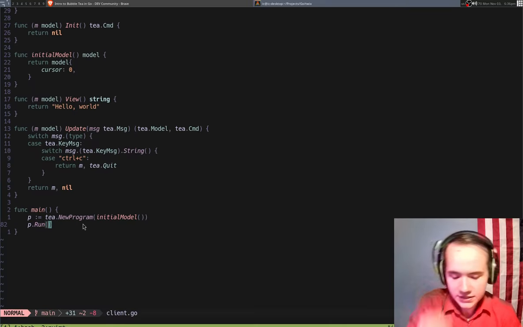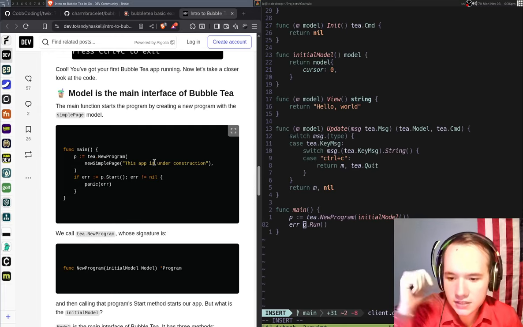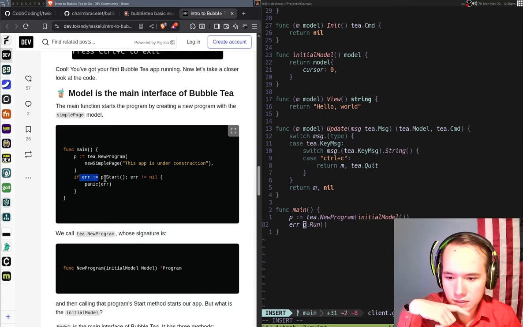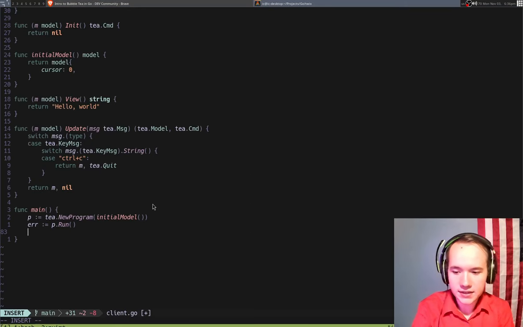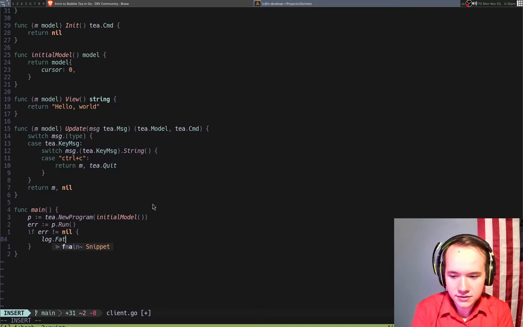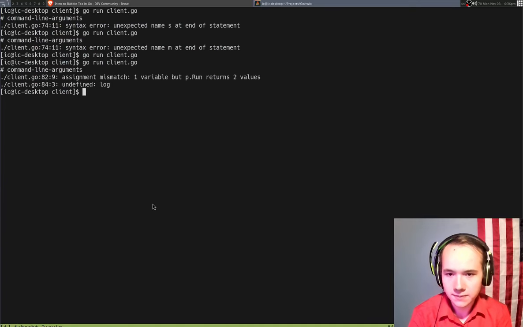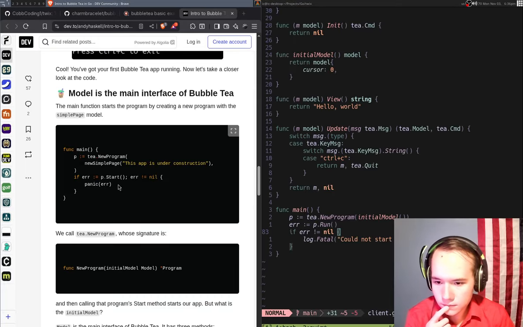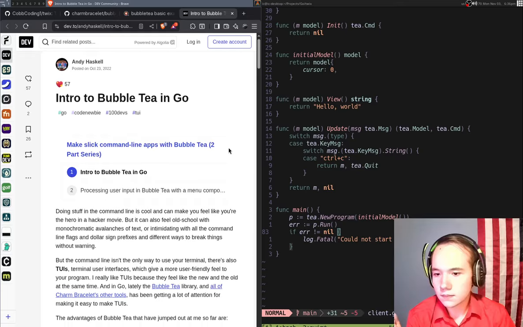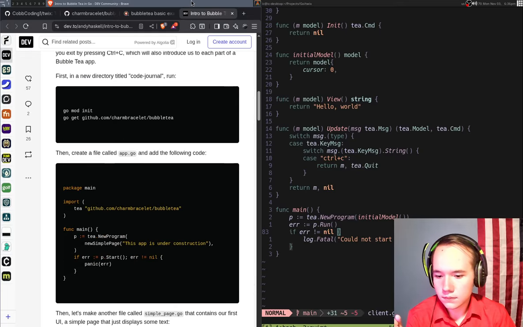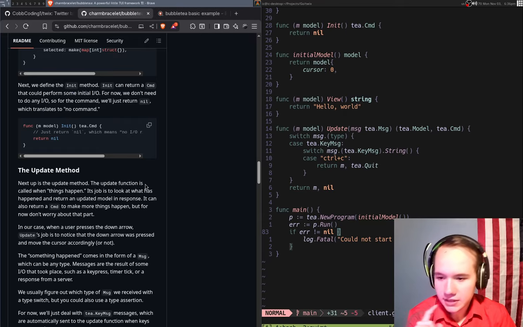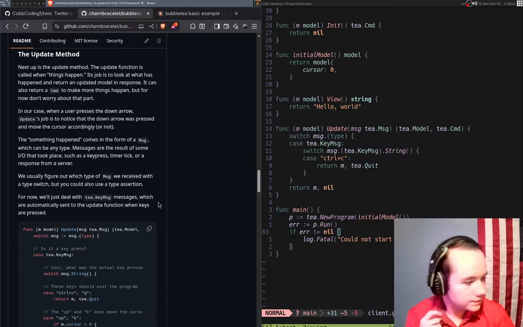Just run it, and there is going to be an error here. So what else does this return? I forgot. I think it's just error. So let's press. And if error null, then we'll just say this did not start, which should be good enough error message for now. It does return two. Oh, this is start, not run. What's the difference? I'm not sure, but they use run here, so